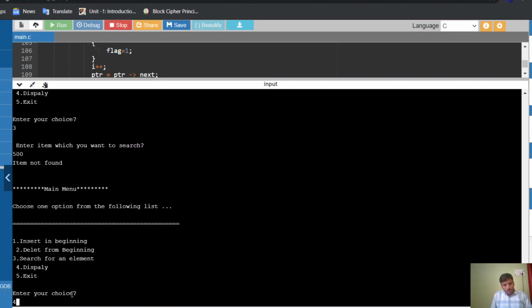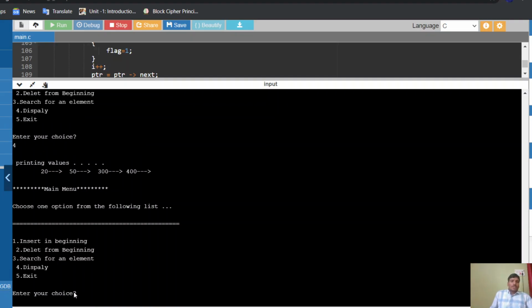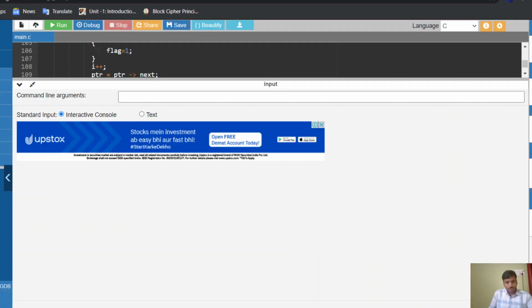So like this we can exercise all the operations over the created linked list. Understood students? How we can create a linked list, how we can insert a node at the beginning of the linked list, we can also delete at the beginning of the linked list, and we can search also. So these 4 operations we can perform on a linked list. Understood students? Okay,